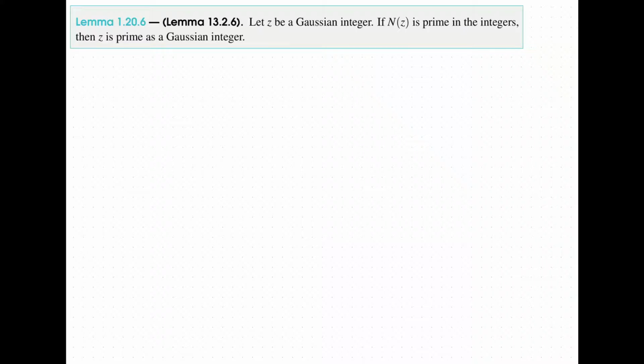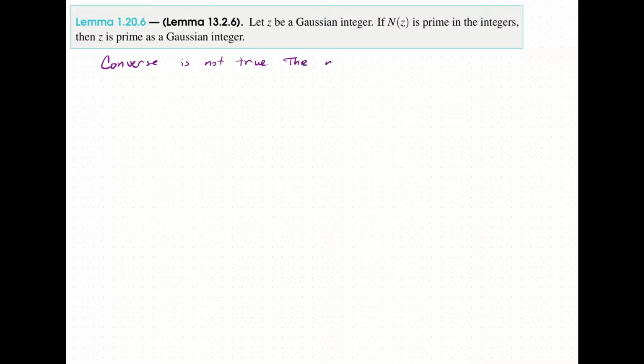So the next lemma will provide us with a way of knowing whether a given Gaussian integer is prime. Specifically, if we have a Gaussian integer z, and we know that the norm of z is prime in the integers, then z itself is also prime as a Gaussian integer. Note that the converse is not true. We will show later